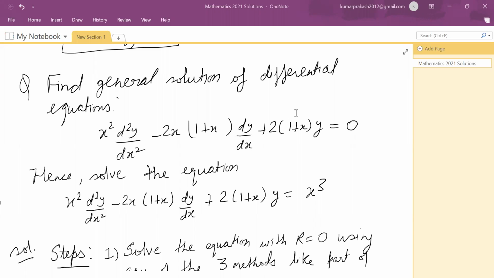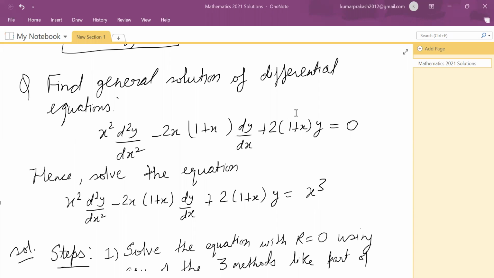In recent years, there has been an increasing trend of mixing variation of parameters, which is the most favorite method of solving ODEs for UPSC, with the other methods that you learn, like knowing the part of CF for the normal form. So this is a mixture of both. What is the question?